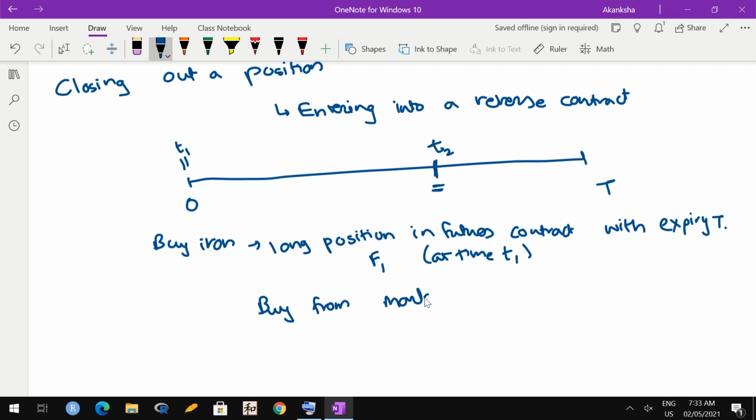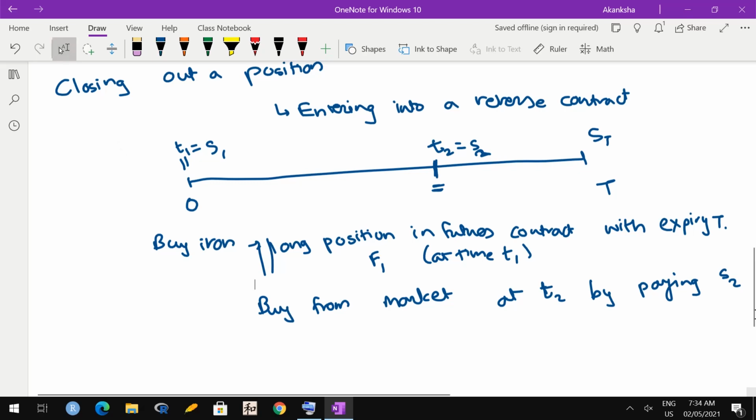So you will need to buy from the market at T2, because your need arises and this is an unpredictable thing. So you have to buy from the market at T2 at whatever rate is prevailing. Suppose at T1 the rate is S1, at T2 the rate is S2 and ST would be the rate here. So you buy from the market at T2 by paying rate S2. Now you may feel, why did I take a long position in futures then? Anyway I have to buy whenever I have to buy. This long position in futures is for hedging. In what way? I still have that long position in futures.